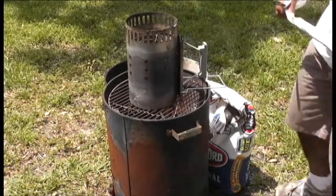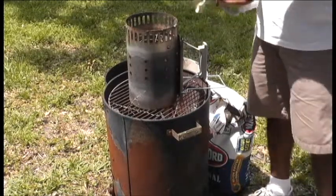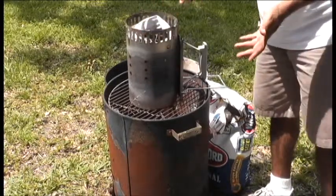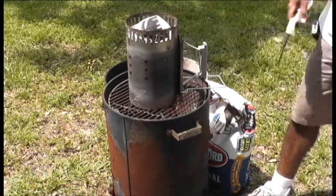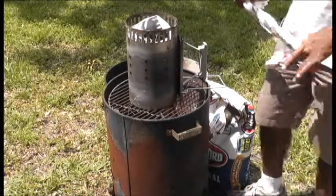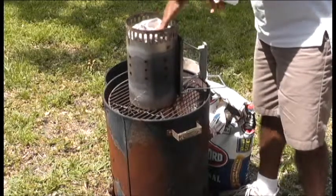Today is the day that we make the bacon, and I want to start this up using my handy dandy chimney starter. Many of you have already seen that video. If not, I encourage you to check that out. One of the things that I got lots and lots of feedback on that video was that I used too much paper, so I'm going to take the advice that I've gotten from many of you and use less paper